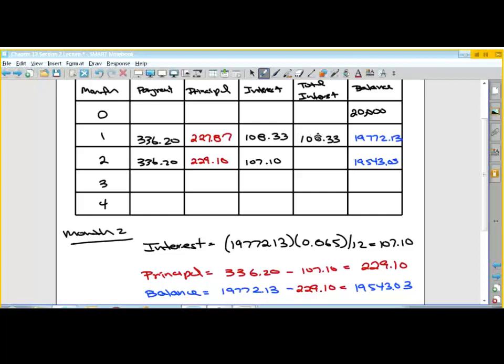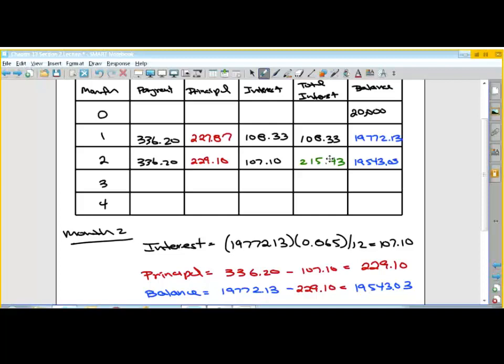And finally, the total interest is I take the interest from the previous month and add. So I'm just adding these two together. 108.33 plus 107.1, and that is 215.43. So you can see the rest of the thing is just repeating it over again, and that's why spreadsheets